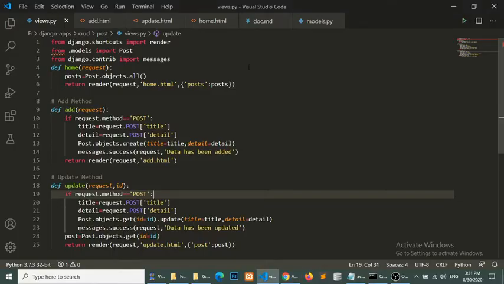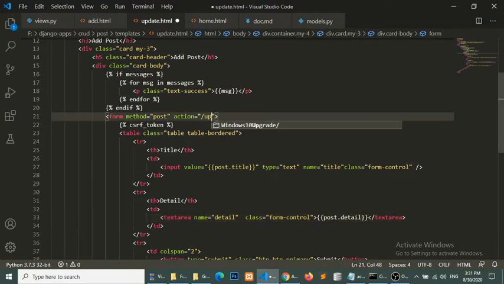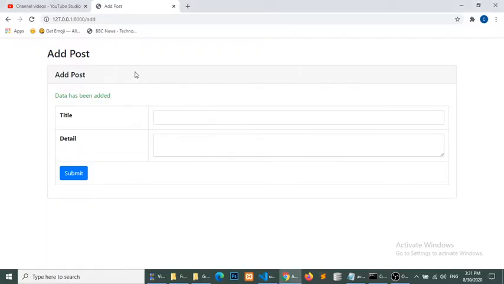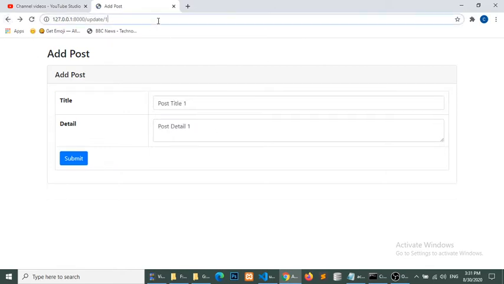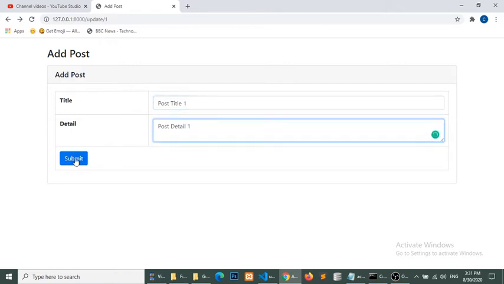So I think we need to change the form action. Okay, we also need to change the form action. Update slash post.id, so that it is saying data has been added. Actually the previous one has added the data in the database. Now I will refresh the page. Post detail submit.